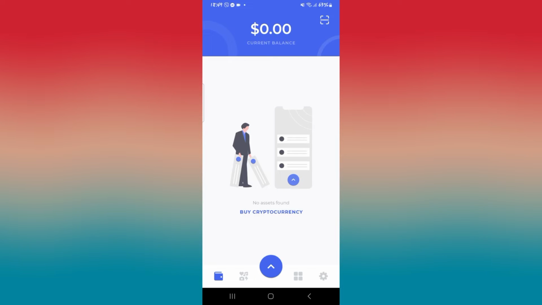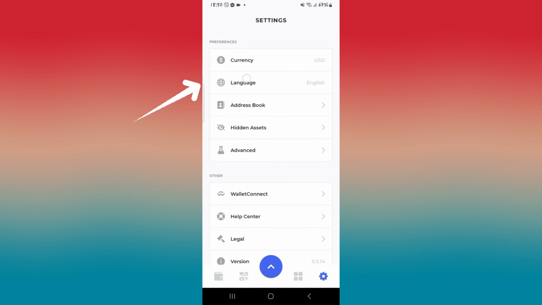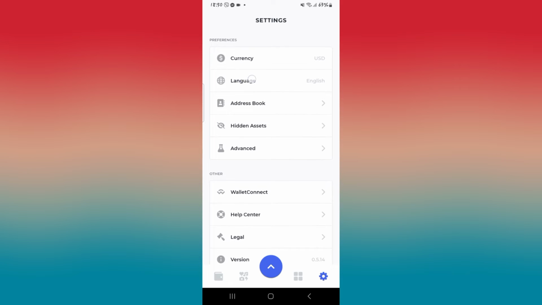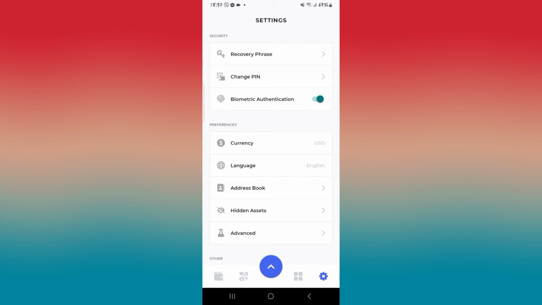But if you only want this application to be used with a different language, then simply from the homepage, tap on the gear icon at the bottom right corner, which will take you into the settings page. Now from the settings option, just scroll down and you will find the language option. Tap on this language option and you will be able to choose from the various different languages available within the